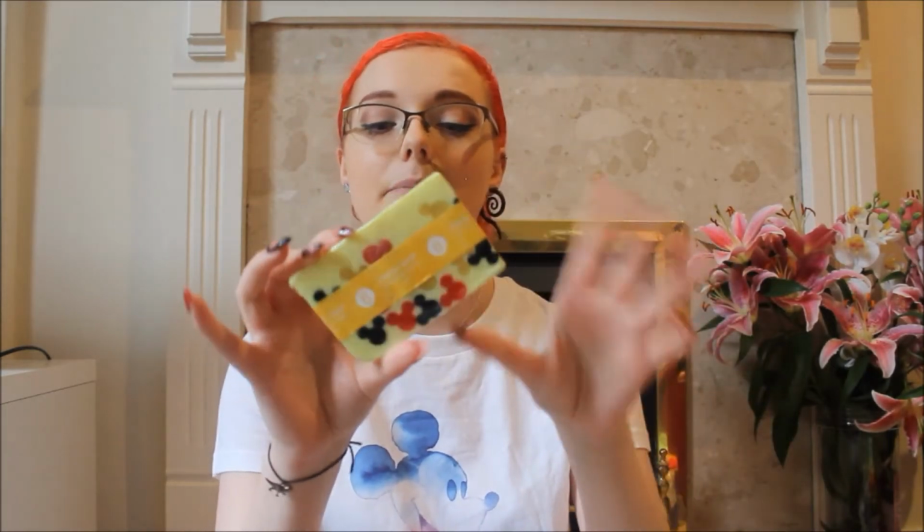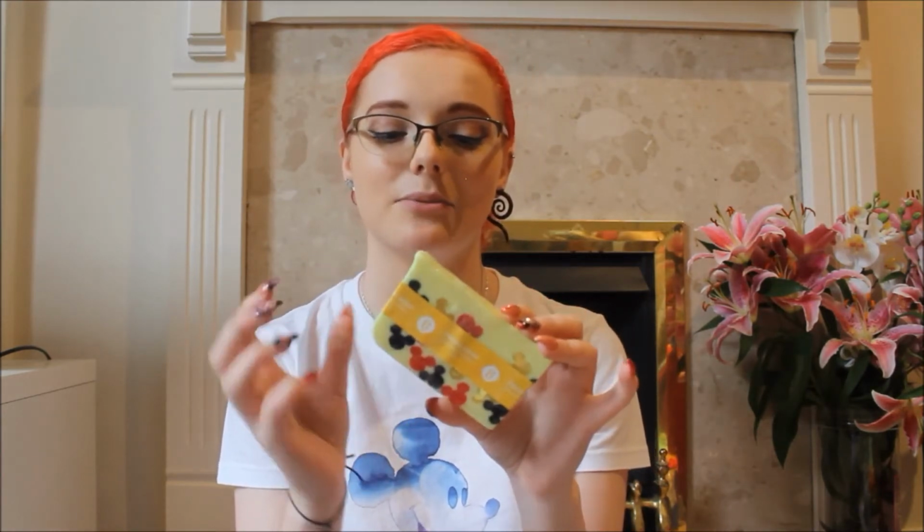One of the other shops we went into in Disney Springs was of course Basin, which I've heard so much about from Disney vloggers. I was super excited to go in and that they had one at Disney Springs, and was just so excited to see it. So I got one Mickey one. This is the yellow Mickey, and it smells really vanilla-y. It's super, super nice. I really like it. My partner really disliked it because it was so kind of sweet. But this was